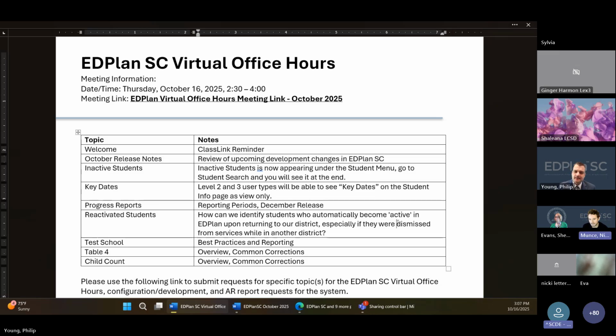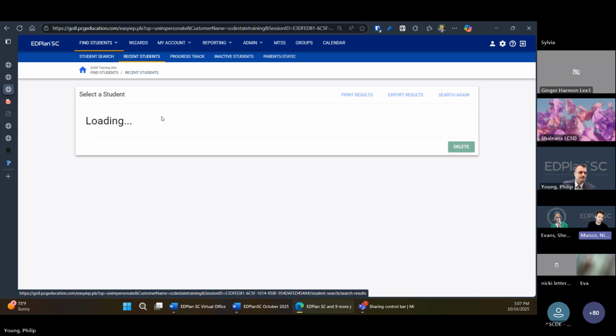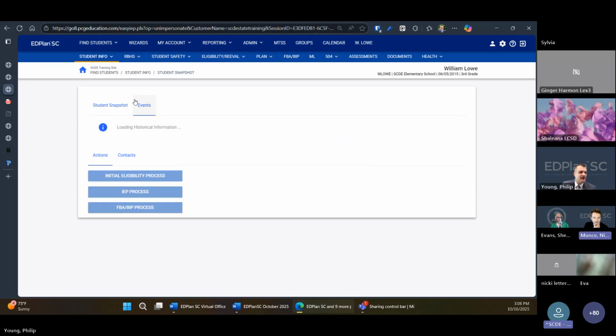Nick, I don't know if you have any other thoughts on how that can be solved. Yeah, I think I'll type this in the chat too, so folks have it for reference. In advanced reporting, you could filter for events that have an event type of re-entry. If a student was in your district, left and came back, there's a special event type called re-entry. If you filter on those re-entries, you'll be able to identify these students. But that would require the creation of an AR report. It's not directly within Ed plan. It's under the events tab.